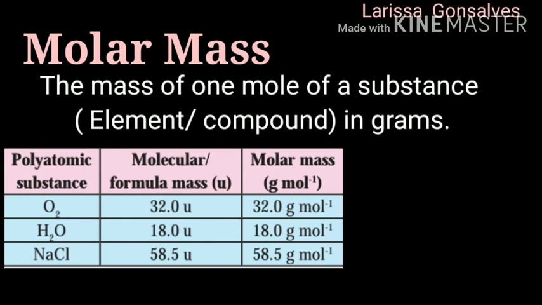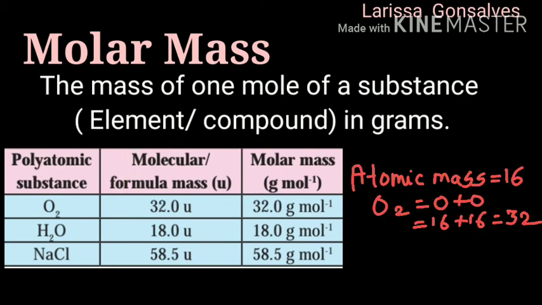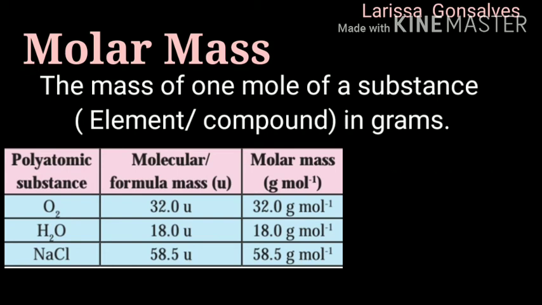Here is an example of polyatomic substances. Polyatomic means combination of 2 or more atoms together to form the substance. The first example is of oxygen, which is represented by O2. So the molecular or the formula mass, as I told you, is denoted in terms of u. Now oxygen has the atomic mass of 16. Since there are 2 oxygen atoms, that is why 16 plus 16 is going to give us 32 unified mass. But I told you, when you write it in terms of molar mass, you have to mention gram per mole.